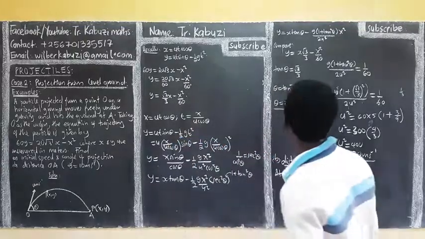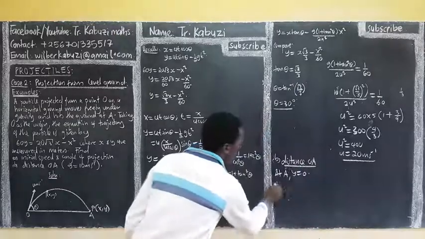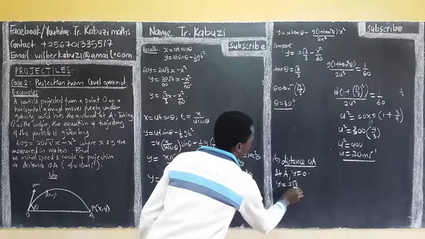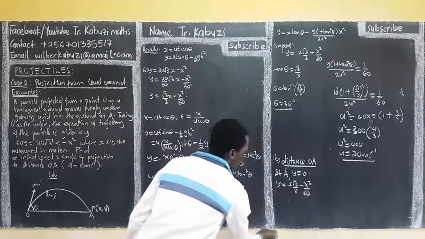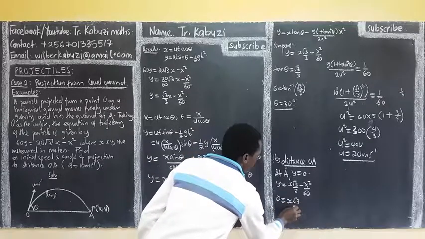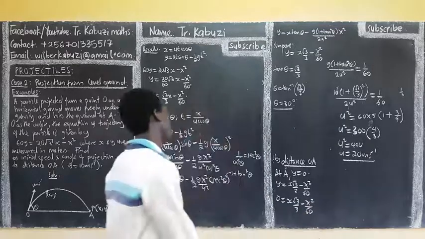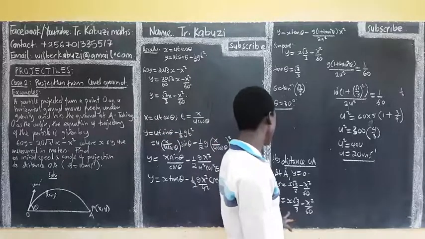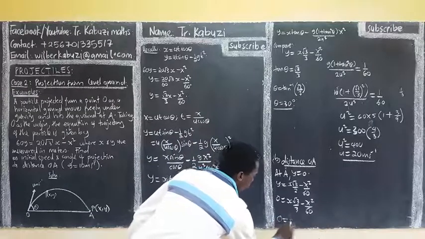What happens if our y is 0? Come back, substitute it there. So from my y equaling 2x√3/3 minus x squared over 60, now I have 0 equaling 2x√3/3 minus x squared over 60. Multiply through by what? You can multiply through by 60. So this will be 0 equaling